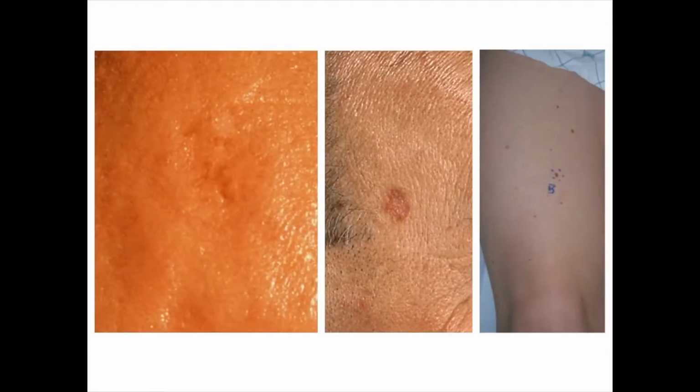But the truth is the vast majority of skin cancers that I see and diagnose are significantly smaller and less easy to recognize. And so again, here on the left, we have a very subtle indurated basal cell carcinoma. In the middle, an early squamous cell carcinoma, the red patch. And on the right, in a young patient, a very small mole that actually turned out to be a melanoma